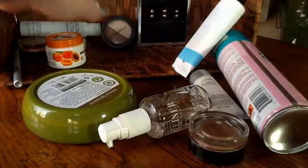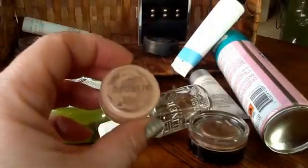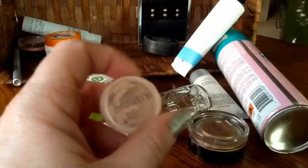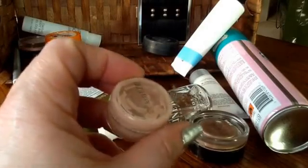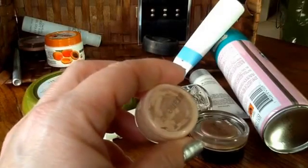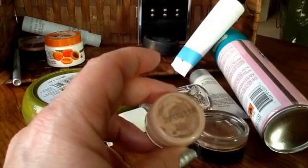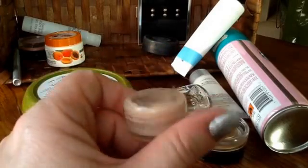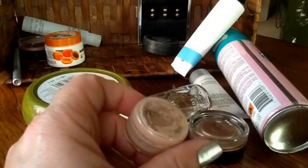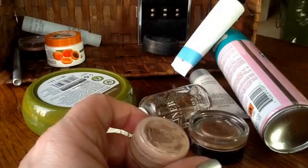I used up a reasonable sample pot of the Laura Mercier Creamy Silk Foundation, which I hadn't had before. I used to use their Pump Action liquid foundation years ago, and I liked it, and then moved to other brands. I got this really decent sized sample, and I did like it, but it was a bit too thick, a bit too creamy for me, if I'm